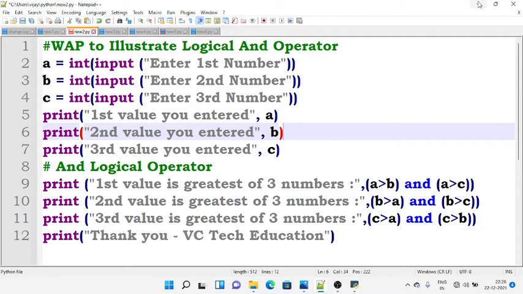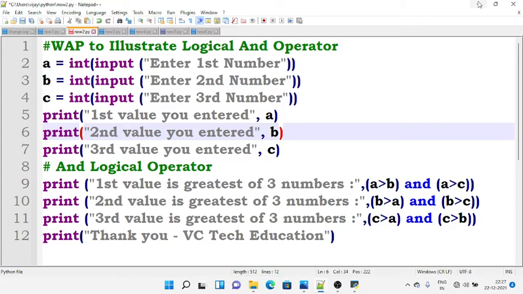Once these three inputs are taken, then a print statement shows the first value you entered, that is A, the second value you entered, that is B, and the third value you entered, that is C. Now we are going to use the AND logical operator.